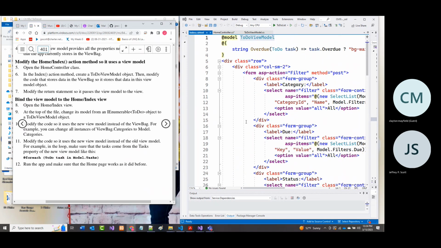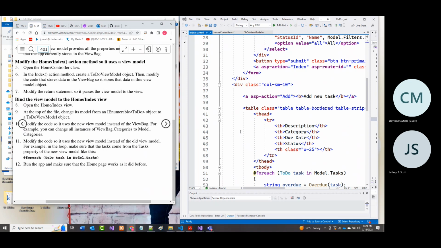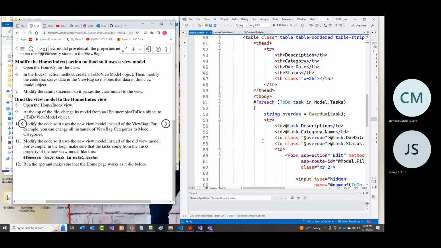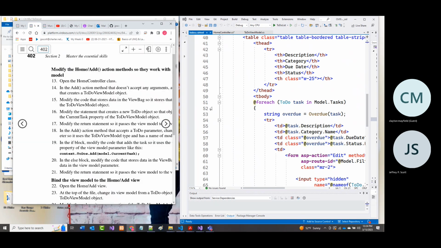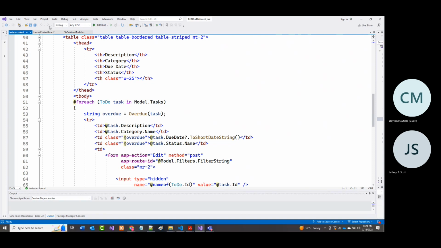They mention in here, when we get into working with the for each loop, this has got to change as well because now it's model.tasks. All right. And then we're told to run it. I can, and it does work. And it should work. What they're saying here is it should work the same way that it did. So if I save this,